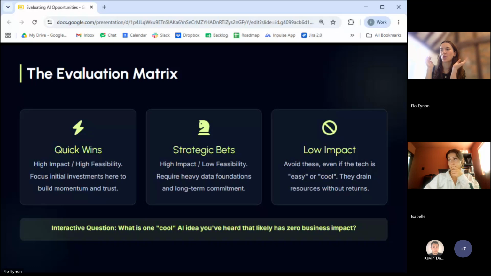On this page, I've summarized it as the quick wins. So these are where you should focus your initial investment because they're easy to roll out. They don't require a lot of technical implementation, but they really have immediate impact. And yeah, I think Copilot and things like that are really commonly rolled out across organizations of all sizes because